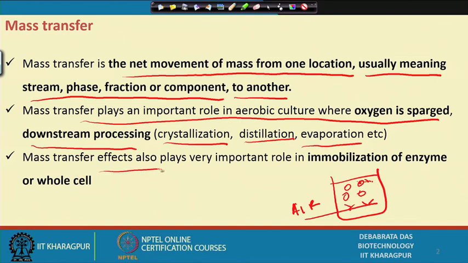Mass transfer effect plays a very important role in the immobilized enzyme and whole-cell system. This I also discussed when I discussed the immobilized enzyme and immobilized whole-cell system. And I told you that particularly in case of enzyme, suppose we are handling the soluble enzymes, the major drawback of the enzymatic process is that after the reaction is over, that enzyme remains as an impurity in the reaction